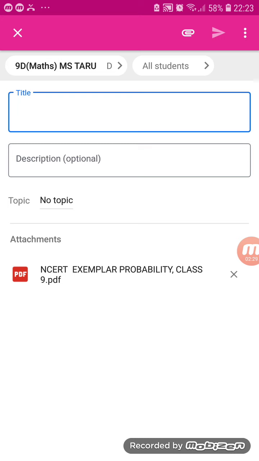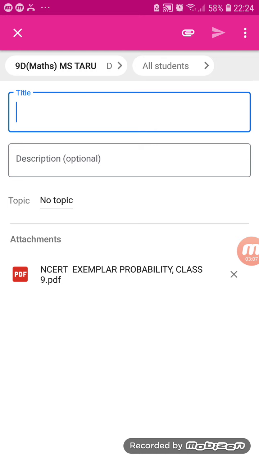I can again go to the pin sign and add the NCERT book also. Two or three files I can add over here if I want. But since I want one attached file under each lesson heading, it is entirely your option whether you want to attach two or three files in one group. For example, you could have taken one title as statistics and posted all the material there, and probability and posted all the material.